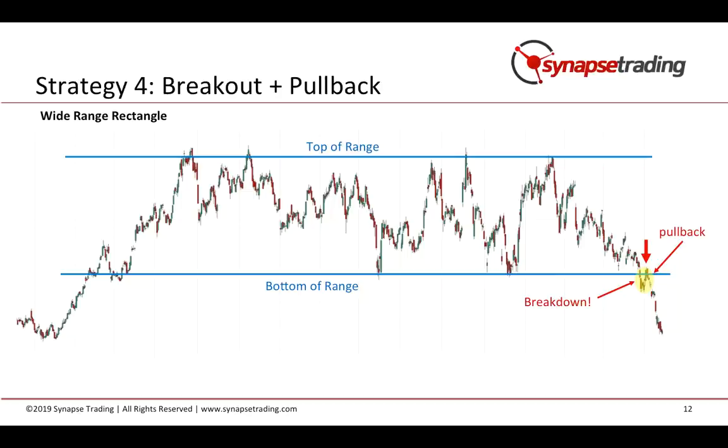So one of the main differences for trading breakouts between the narrow range and the wide range is that because the wide range has more forced breakouts, you want to wait for a pullback for the wide range. For the narrow range, you can immediately enter the breakout once it happens most of the time. Whereas for the wide range, it's always best to wait for a pullback, because waiting for the pullback allows you to escape any false breakouts that might happen.